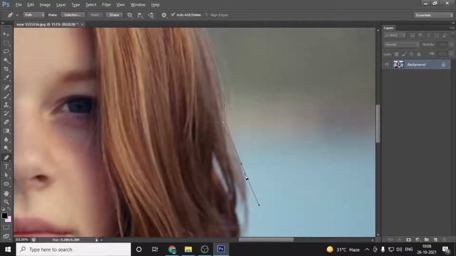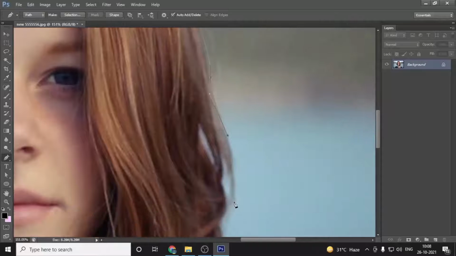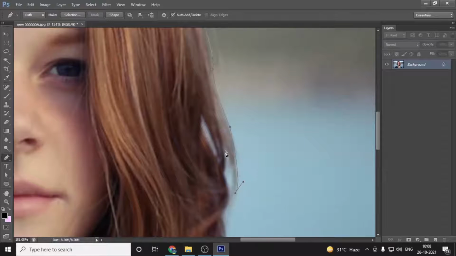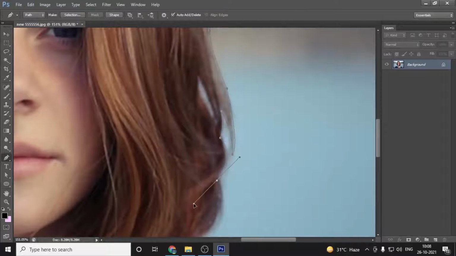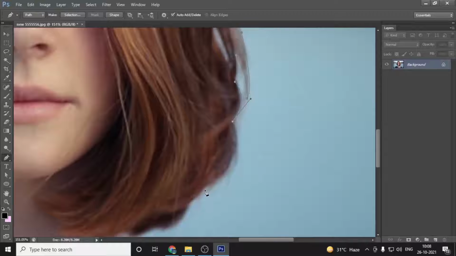But as I said, the more you zoom, the more beautiful the accuracy becomes. I took this leaf of hair and I'm taking these curves. If you can create curves, then you are able to use the pen tool perfectly. You just need to create curves.